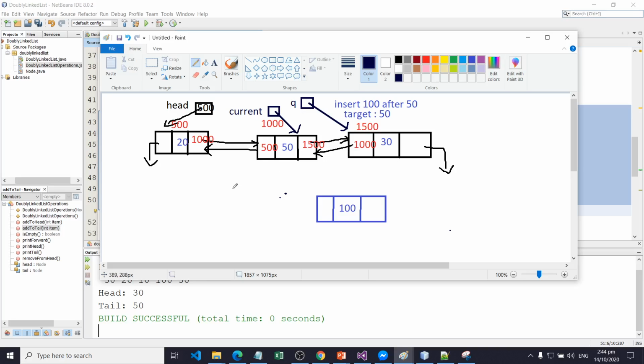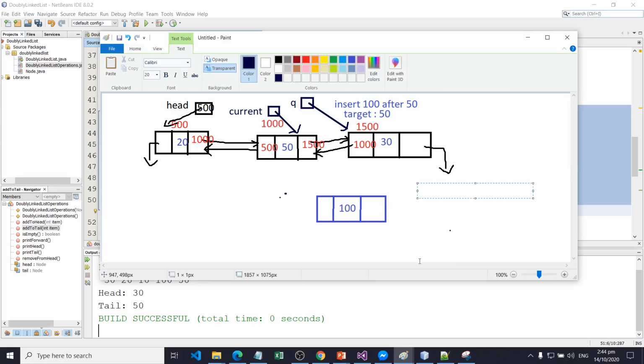You'll just say that current dot next points to our new node, and after that, new node dot previous will point to current.